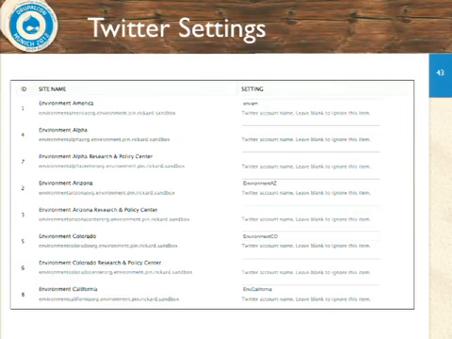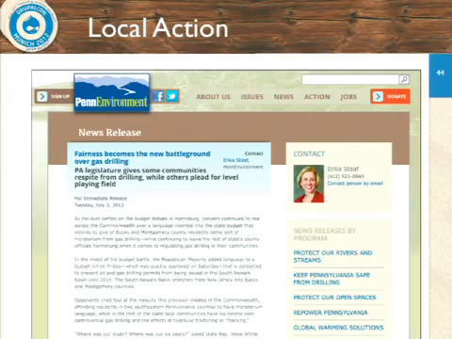The domain configuration module actually keeps track of domain-specific variable overrides. It's similar to, for those of you who run multilingual websites, it's similar to how the i18n, the internationalization module, handles variable overrides on a per language basis. So this allows them a lot of flexibility, and we have some local action bits.